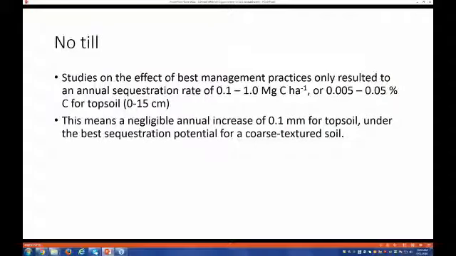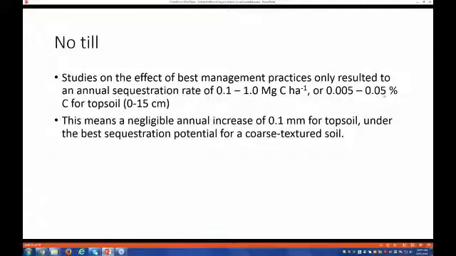And then what about no-till? No-till, of course, is good for the soil because it increases carbon level, it also increases soil health, and it also increases the aggregation. But in all studies on best management practices, including no-till, the annual carbon sequestration rate is only 0.1 to 1 tons carbon per hectare. If we convert it into a percentage of topsoil, 15 centimeter, that means every year your increase is only